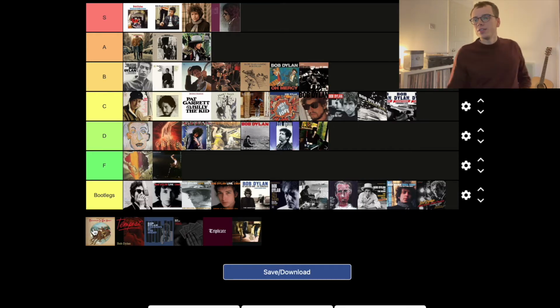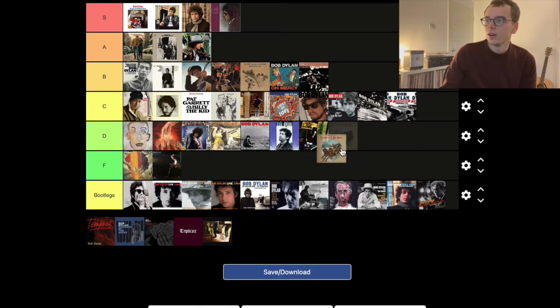Christmas in the Heart, the one that everybody was waiting for, obviously. When did this come out? 2009 or something? This Christmas album, which is quite apt at the moment. We're a few days after Christmas. Yeah, it's not great. I was not a fan of Dylan's vocals on this album. They don't fit very well with the Christmas theme for me. You've got that song Must Be Santa, which is, I have to say, quite a catchy tune. But this is going to go in the D tier for me. I'm not feeling mean enough to put it in the F tier, but it's not far off being F tier.